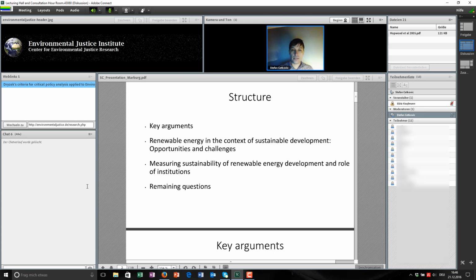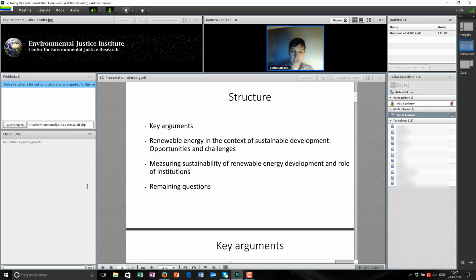Okay, so basically these are the key points of my presentation. I will start with highlighting two key arguments that I will try to make in the presentation. The second point will be where I will try to show you why renewable energies are important for achieving sustainable development goals, but also point out some risks and challenges that renewable energies bring about in terms of the impact on the environment, but also impact on other socioeconomic